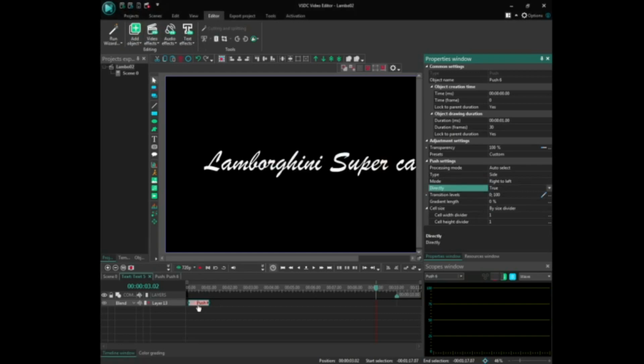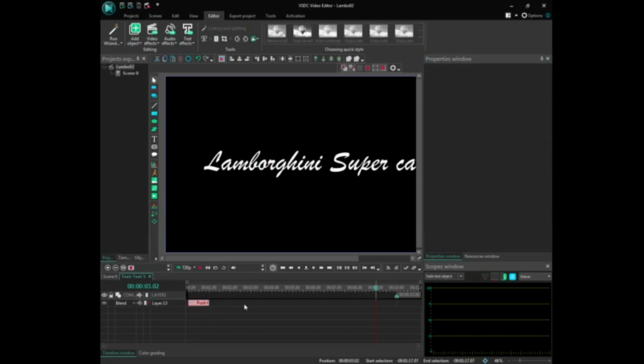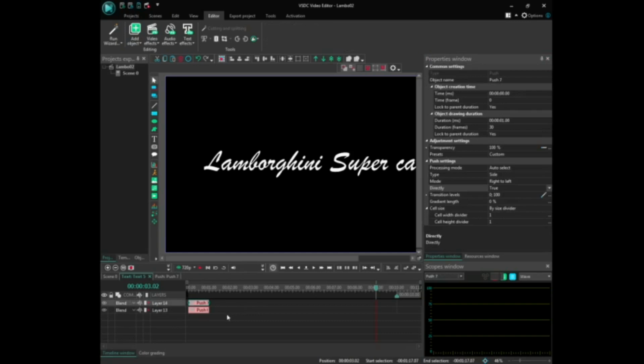Okay, and now we're going to copy this object, and we can quite easily do that by doing Control-C for copy, moving off the object, and doing Control-V for paste. And the new object has been copied to the layer above. We'll move them onto the same layer, but I'm going to move this new object to the end of the scene,